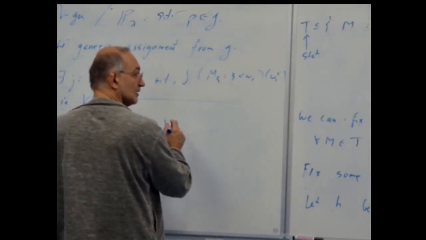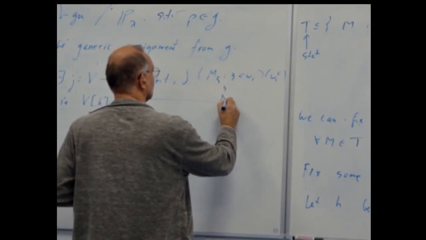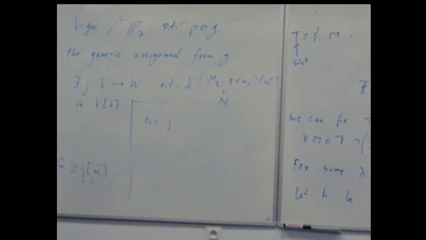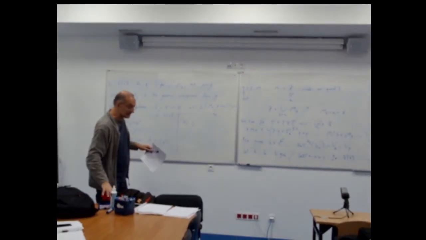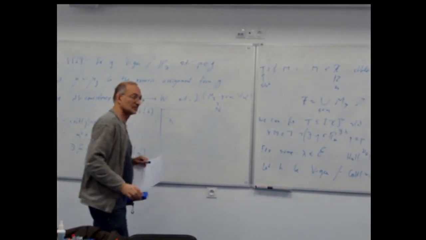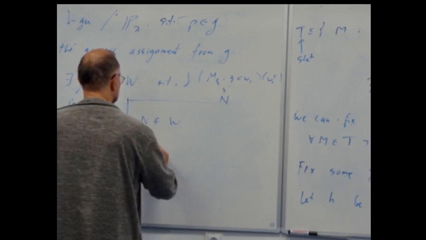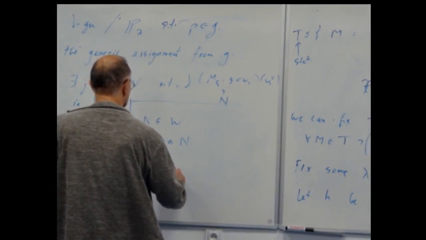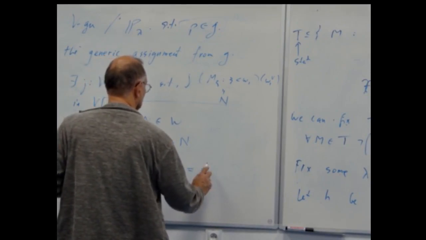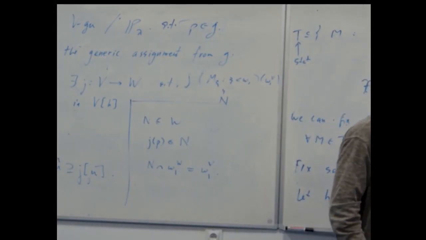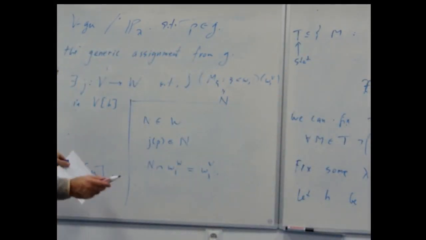You have written that. So yeah, this is just N. But what is important is that N intersection omega 1 is in W. So this N exists in W. And J of P is in N. And N intersection omega 1 of W is omega 1 of B. This we agree because N psi intersection omega 1 is psi, so it's true when you apply J. This is all I want.